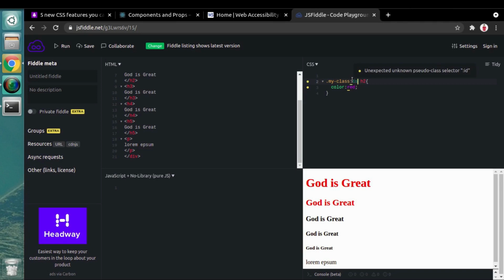This will select elements inside my class. If I provide h1, the parameters will be the selector names in comma separated values, h3. If I save this,